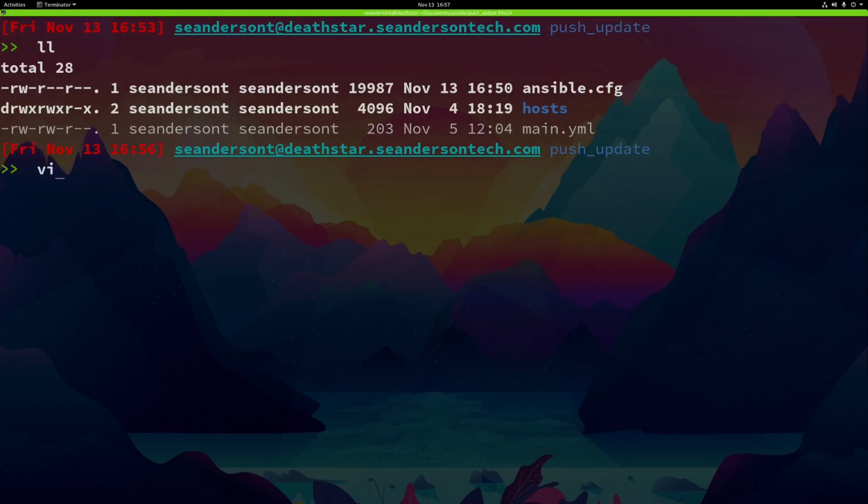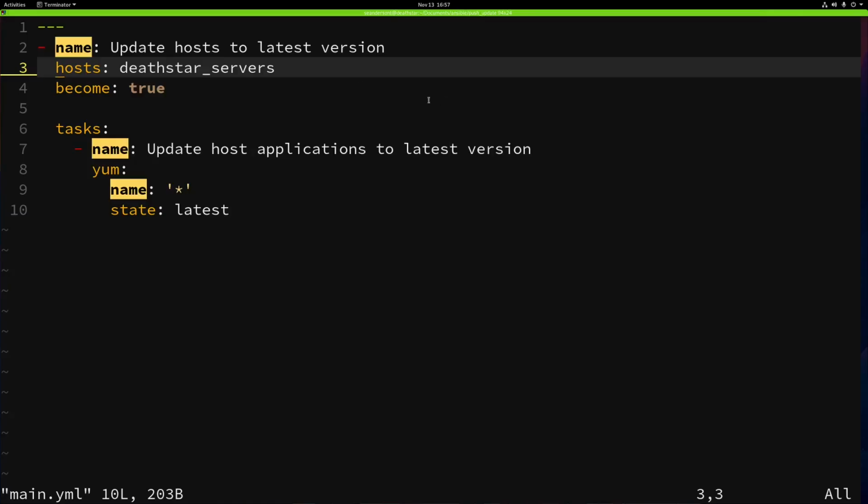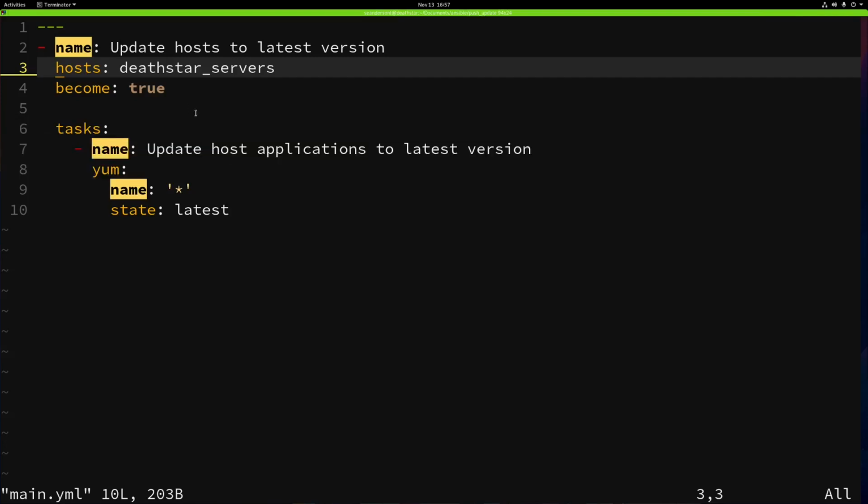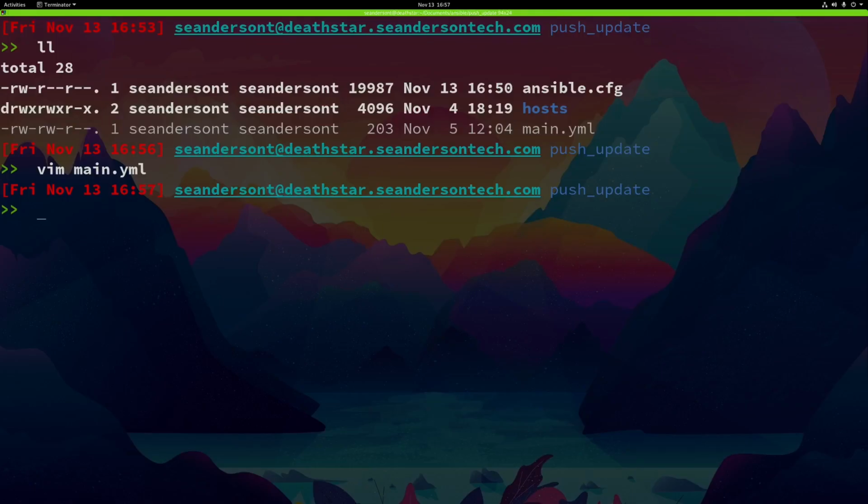And so here's my Ansible playbook, and I showed you what it looked like before. But just to show it again, this is what it looks like. It has the play right here. It has what I'm running against. I want to, like I said, I'm going to be running as an administrator. And then finally, the task, which is updating the host to the latest version. And so all this is saying is I want to check all packages and make sure they're at the latest state. And when I run this,